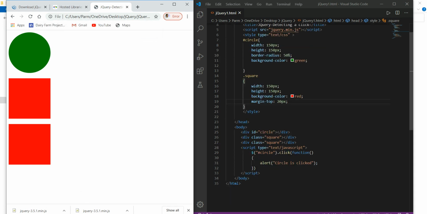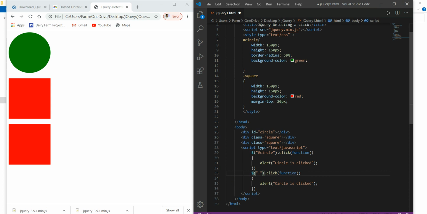Similarly, we can use this code for a class. In order to get the square, which has a class, we have to get the element by its class.